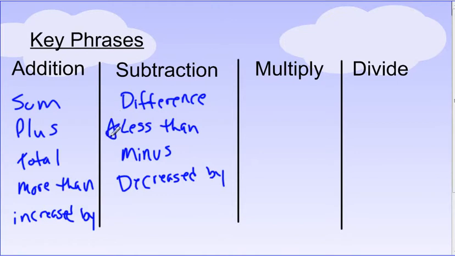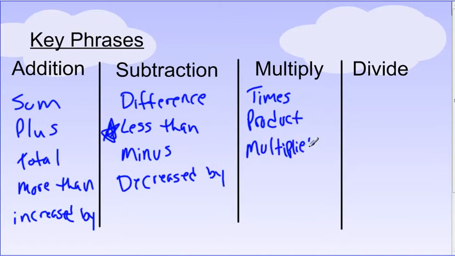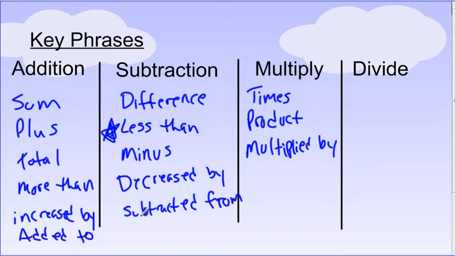This one's kind of funky. We'll have to watch out for him. Multiplication, we've got times, we've got product, we've got multiplied by, actually here I guess you could say subtracted from, you can say added to, multiplied by,